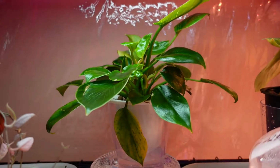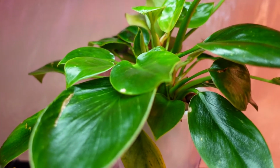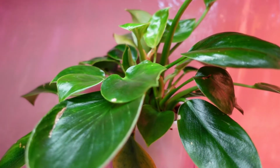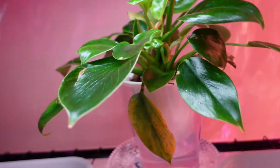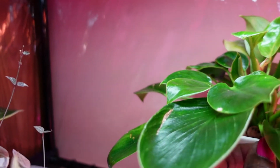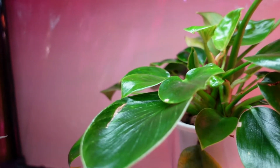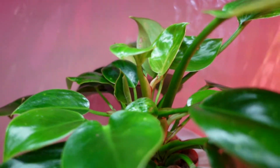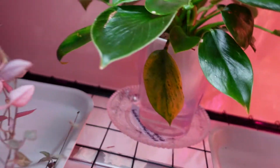And then in the very back there, I have my Philodendron Birkins. And this one was struggling, and I put it in the greenhouse. Maybe it needed more humidity. It's got a yellow leaf there, but other than that, it's put out quite a few new leaves, doing very well. And then on my first shelf here, I have a couple,